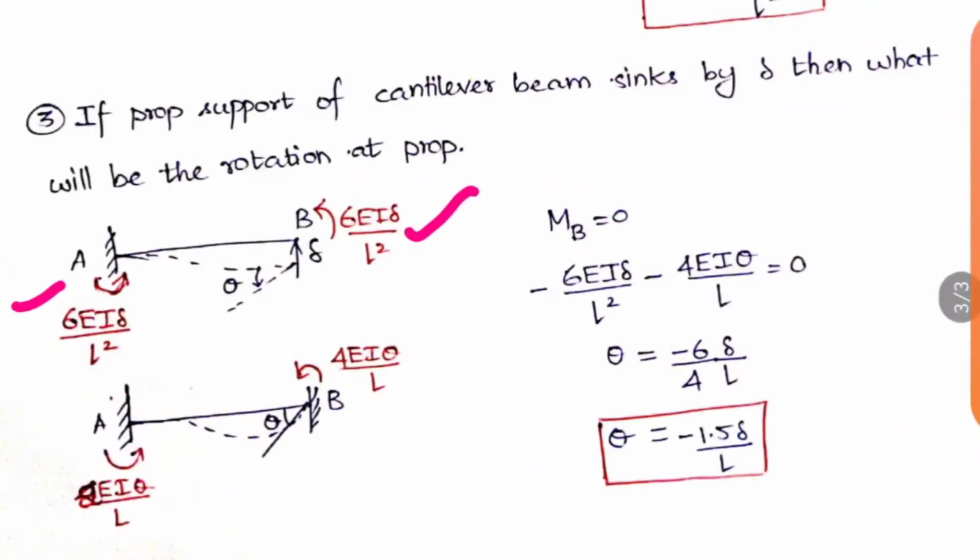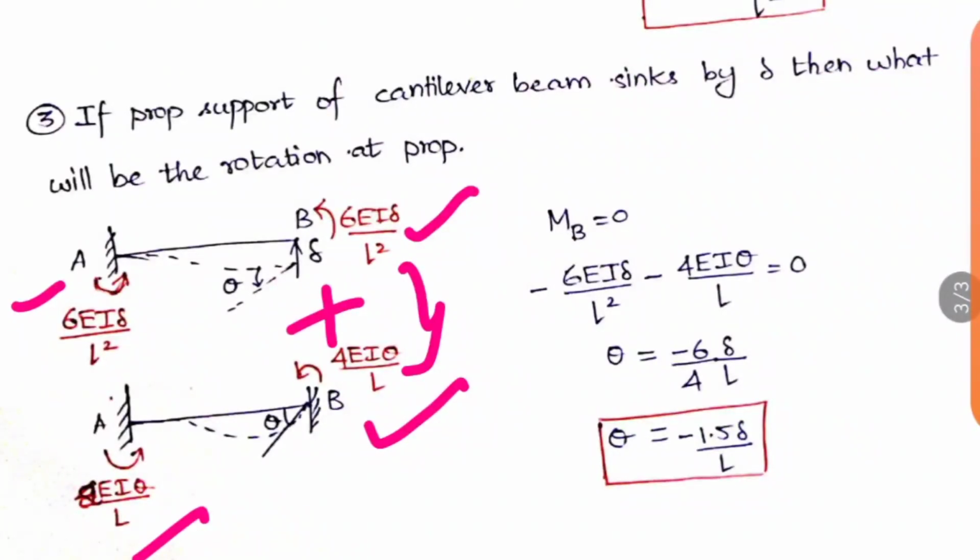Okay, and the next case is the rotation I have applied. So here I have applied 4 EI theta by L, and at the farther end it is 2 EI theta by L. So now the question is what will be the rotation at the prop? The rotation at the prop means at this point they are asking for the prop theta value. Okay, so we can just sum up both of these. So at MB equal to 0, you can add both, that is the value due to deflection and the value due to the rotation. So here you can write minus 6 EI delta by L square, because it is anti-clockwise, and in the next case also it is anti-clockwise. So minus 4 EI theta by L is equal to 0.